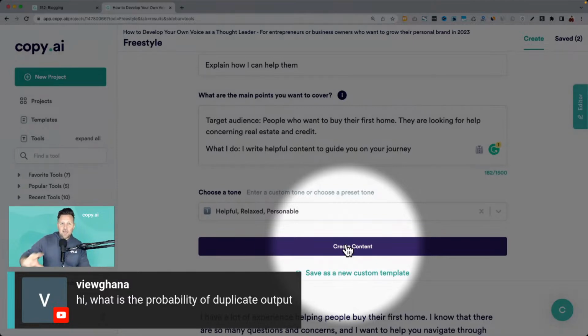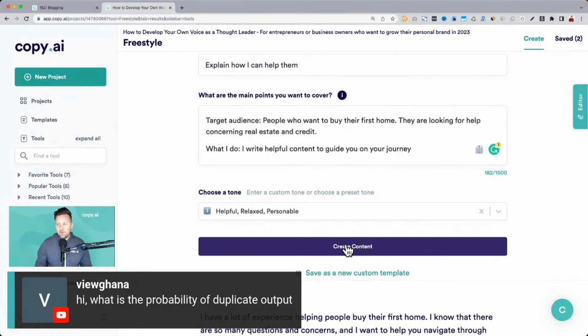It's not just pulling in from a preloaded archive somewhere. You'll see similar styles of writing and kind of the way it brings things up and transitions. Obviously, there's only so many variables with how you can write something. If it's a broad topic, then sure, it might sound kind of similar. But that's where the real magic is with Copy AI, is you can give it more details as to who this is for. So if I said target audience,